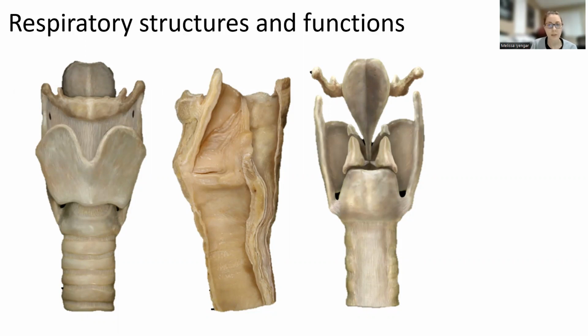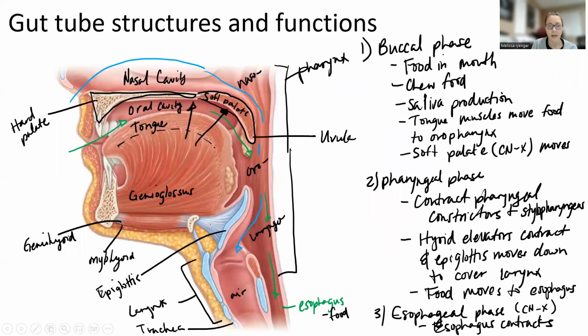I typically go over this in the respiratory system because this to me is part of the respiratory system. Yes, it is. But since we're doing head and neck stuff, let's go over those neck structures. If you recall, the respiratory system is situated ventrally, or anterior, to the gut tube because it buds off from the gut tube